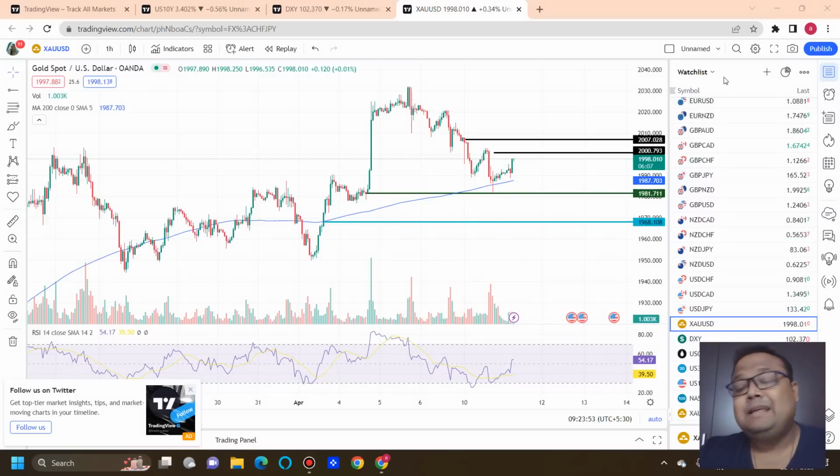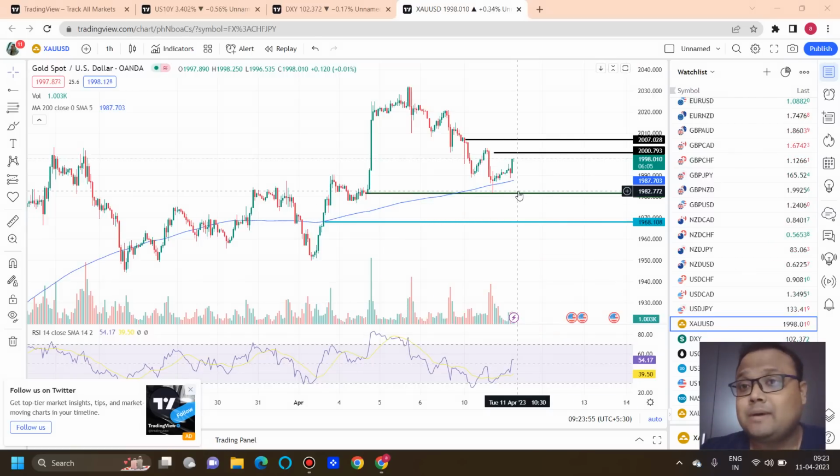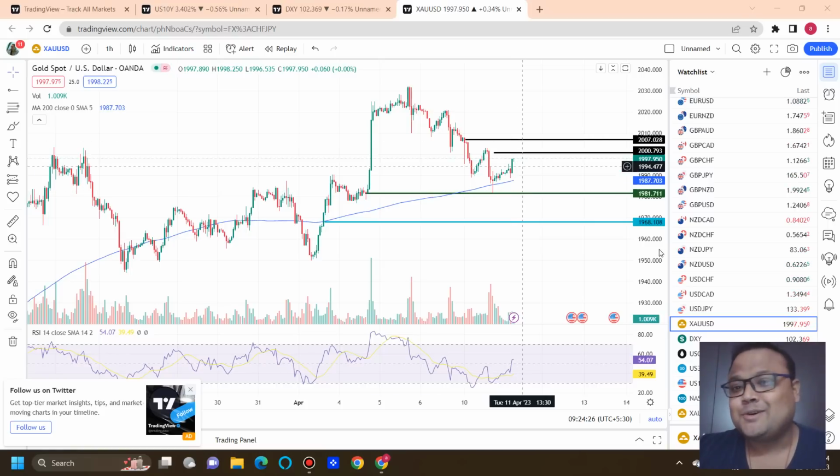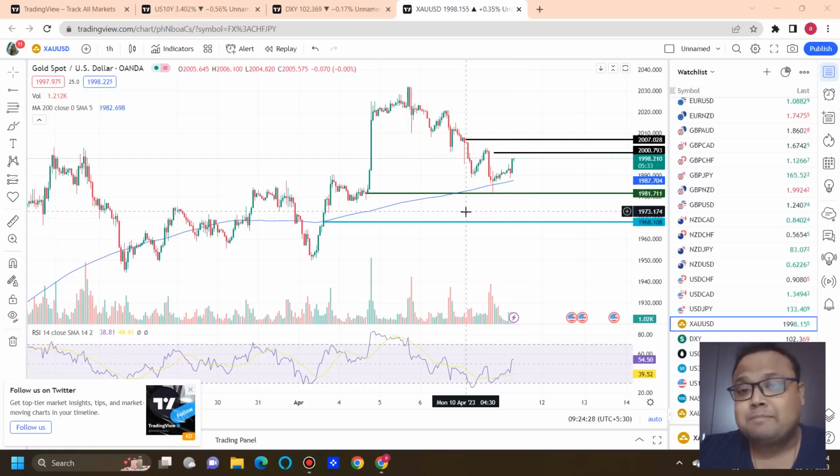I received many emails and a few WhatsApp messages saying, sir, your levels work perfectly fine. But I was in a pro trader session on the group, so I missed the opportunity. While having the session, someone asked me on the group, sir, what's your opinion regarding the chart of gold? When I opened the chart of gold, I saw that my level was gone, because I did not set any buy limit.